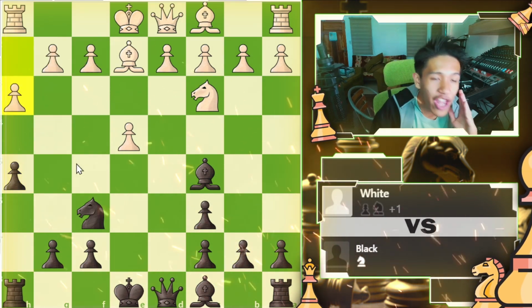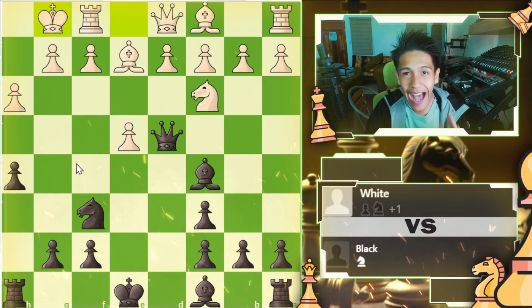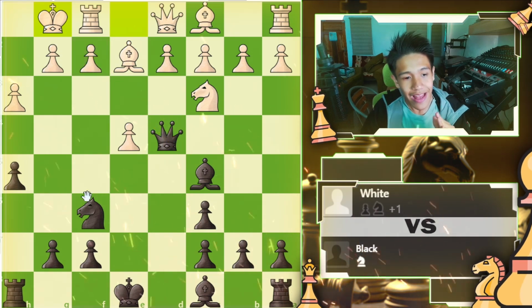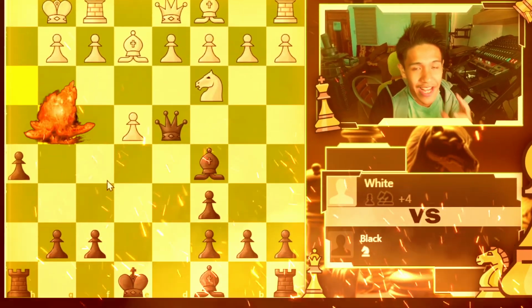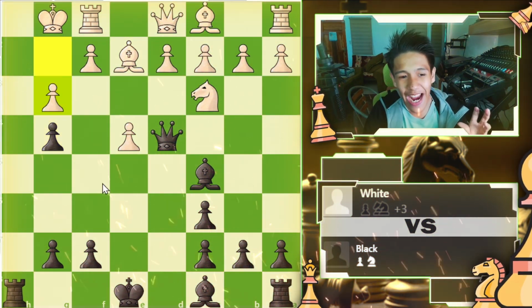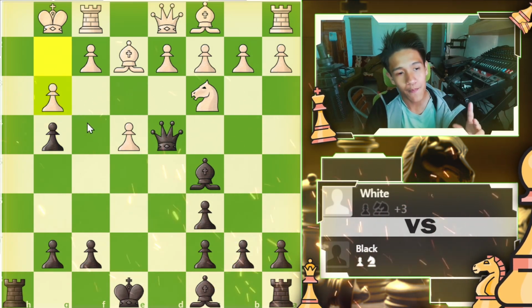So, if they go pawn to h3, we go queen to d4, and so they castle. This is so much pressure. We could also sacrifice the knight. And what happens here is that if we sacrifice the knight, they take with a pawn, we take back, this rook here is open. Sacrificing the knight is not for nothing, because if they go pawn to g3, we will